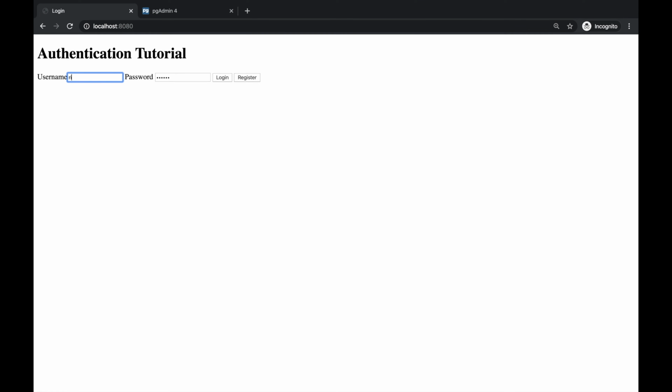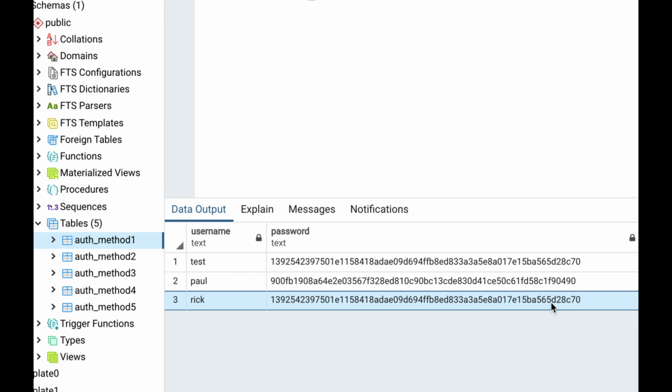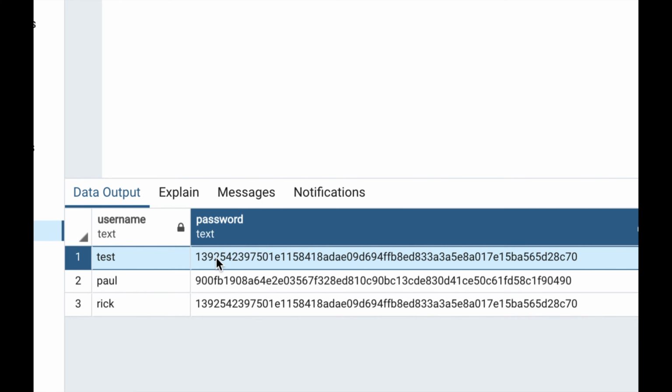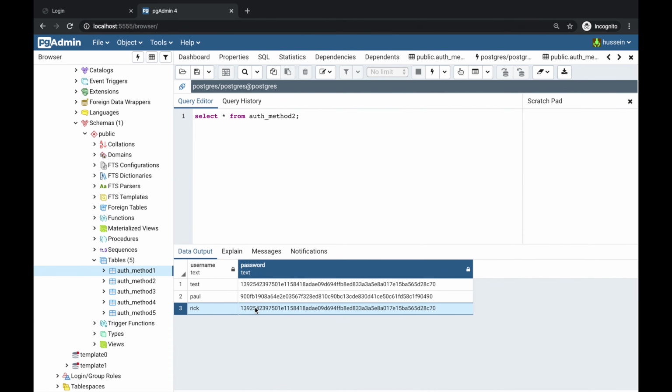Let's create user Rick, and his password happened to be also test, right? Register, query. What? Oh, that's shady. Look at that. Username test has the same password as username Rick. Huh, right? So that is just a bad idea in general as well, because obviously, the actual table will not